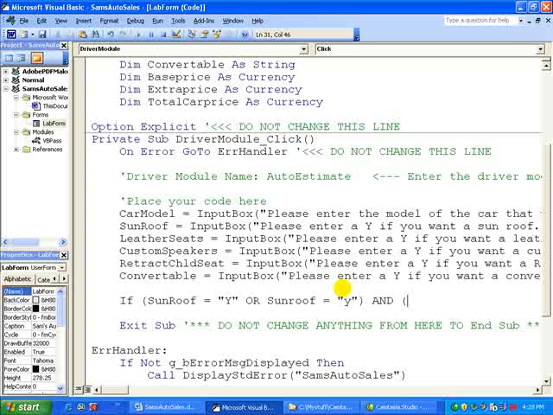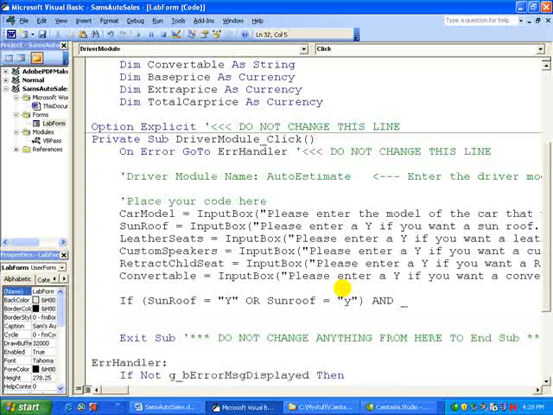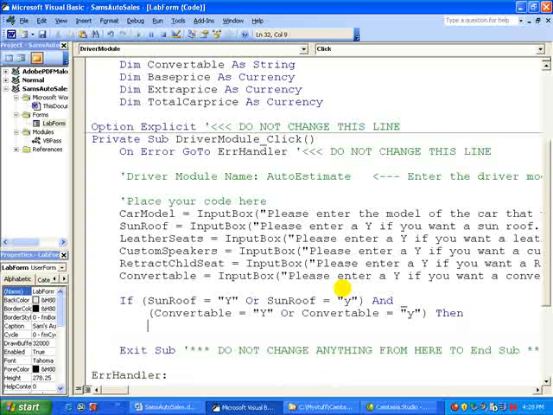And then we're going to ask for, it looks like I'll run out of room. So what I'm going to do is continue this on the next line by having a space, underscore, and then come down to the next line, tab in so that I know I'm continuing. It's more obvious. And then say convertible equals y or convertible equals lowercase y. Then, the word then is optional in logic, but here it's a required keyword. So then we'll come down and say if these are both true, that label out dot caption